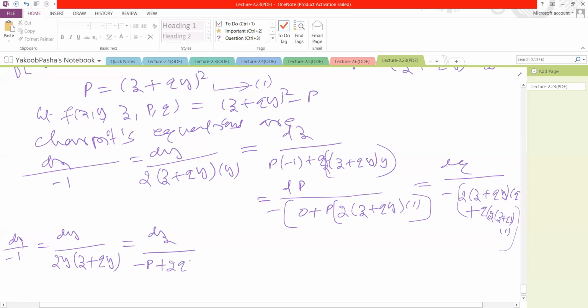This is 2qy into (z plus qy). That is equal to dp by 2p into (z plus qy). Okay. Now this is equal to dq by